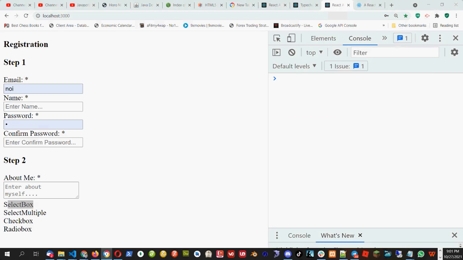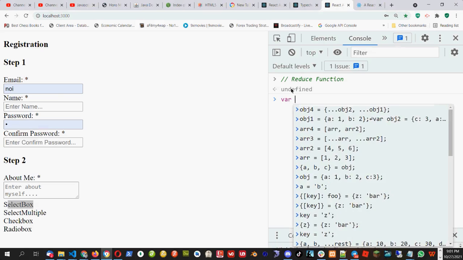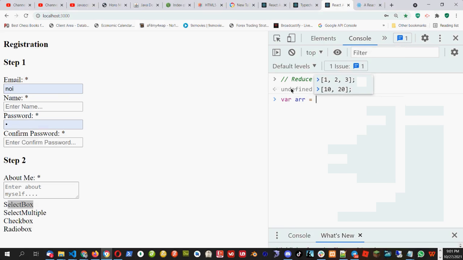Okay, so before closing today's class, I just want to start one thing which will be used in a few days, maybe tomorrow or the day after tomorrow, and that function is called the reduce function in JavaScript. Now tell me one thing, we did map and filter a few days back. So if I have the array of 1, 2, 3, 4,